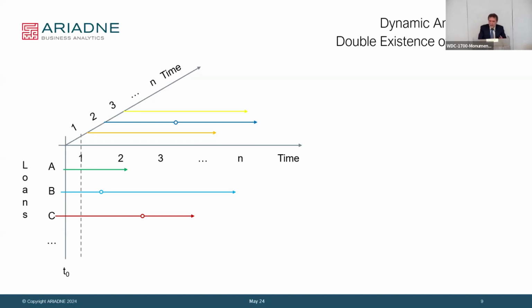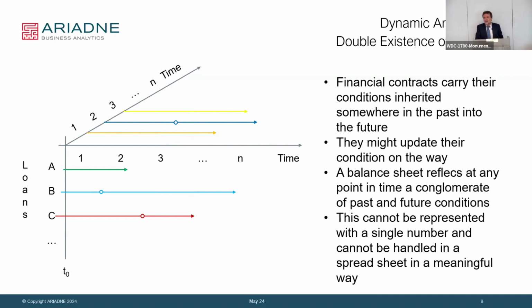So if you do analysis in step 1, let's say that's still the same as we had in T0. But if you are in step 2, the orange one is added to it, and the blue one has had an action in between. Something has changed already. In step 3, the green one drops off, the blue one stays the same, red has a change, and we have an additional blue one, and in step 4 and so on. So that makes it so difficult. The time dimension kicks in twice. And that's why Excel with a single number is not representable.